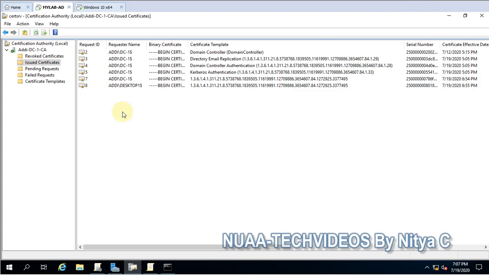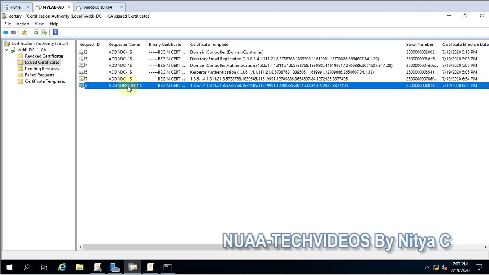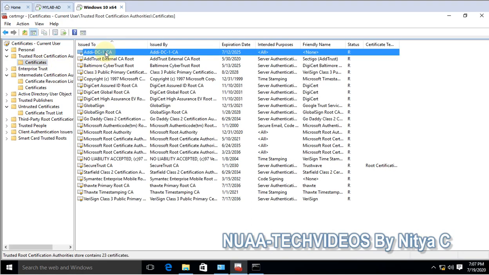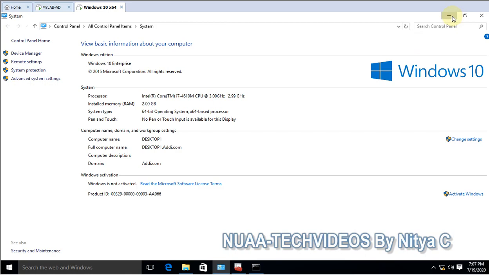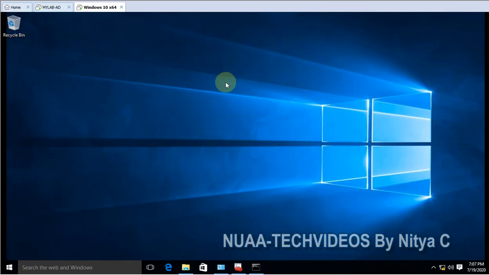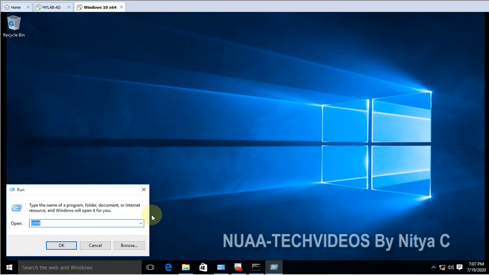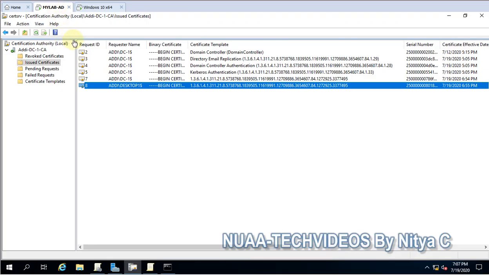So in the certificate authority, we can see one of the certificate is issued, and here also we can see the certificate is there. And now let's try to take RDP, and this one also I have enabled enroll. So I will do the RDP for this server, and this is DC1.